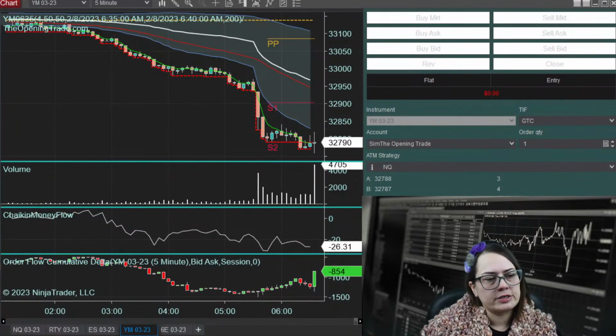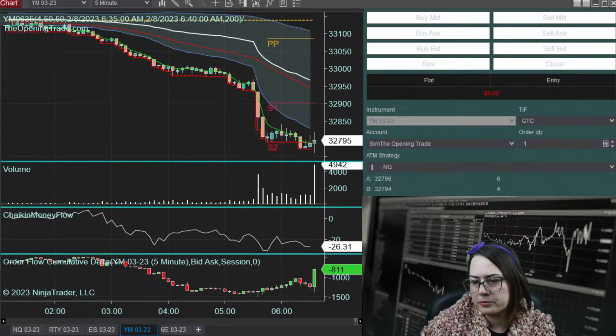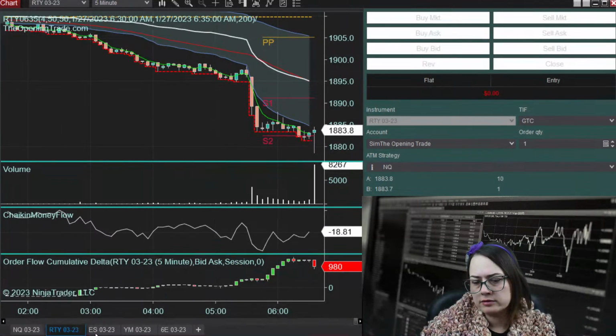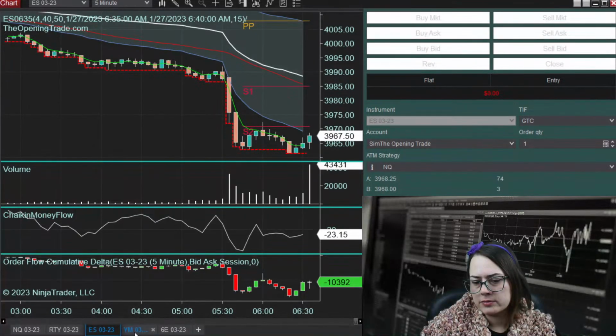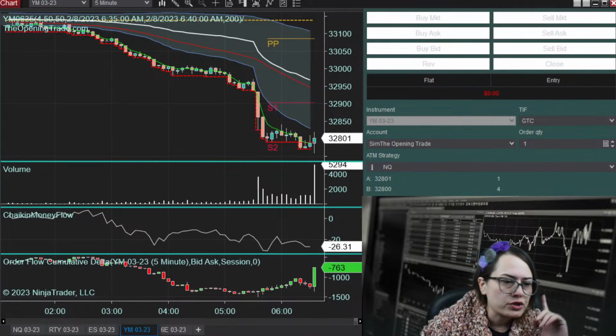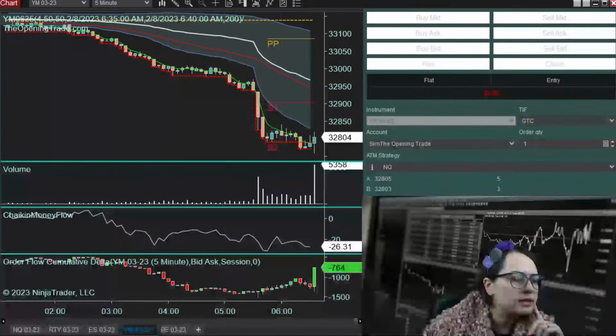And as we see, the U.S. stock futures are weaker after the hotter than expected inflation data. Subsidiary of Retro Eco Solutions signs joint venture agreement. All right, let's take a flip through the charts here. Nasdaq, Russell, S&P, and the Dow. All right, so the Dow Jones. And let's see here.